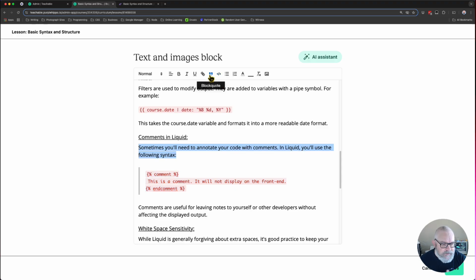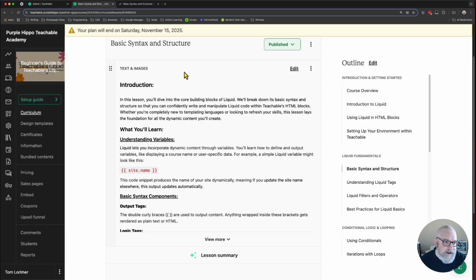We want it to leave that Blockquote there. But if we use the Blockquote and the inline code style, so that's those ones together, maybe we can make something work. So I'm going to save that here like that,